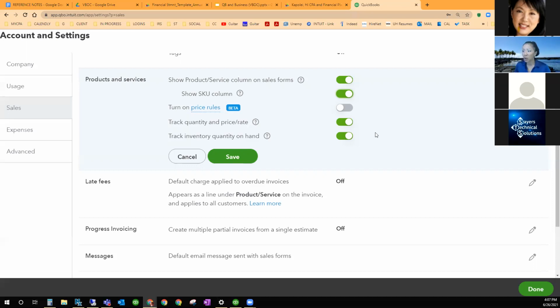But the tracking quantity and price rate will allow you to say, I have 2 items at this price, and it'll automatically calculate the 3rd thing. So if you don't turn that part on, it won't show the 3 columns. I'm gonna hit